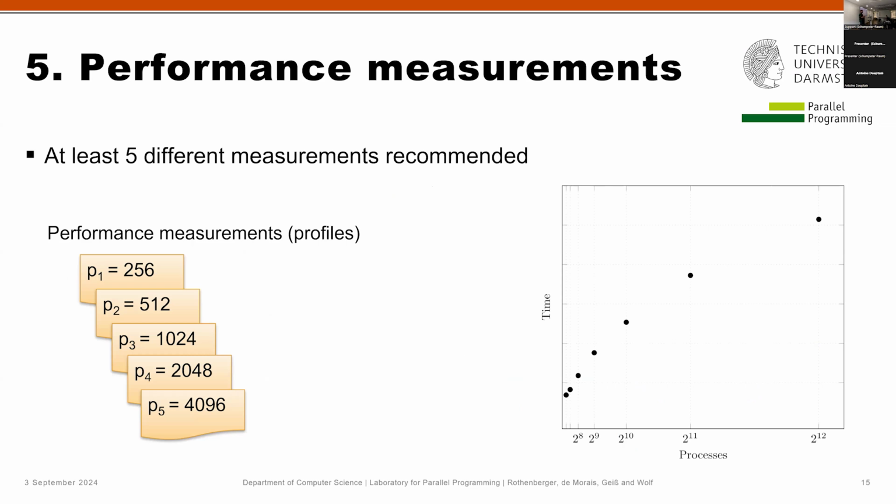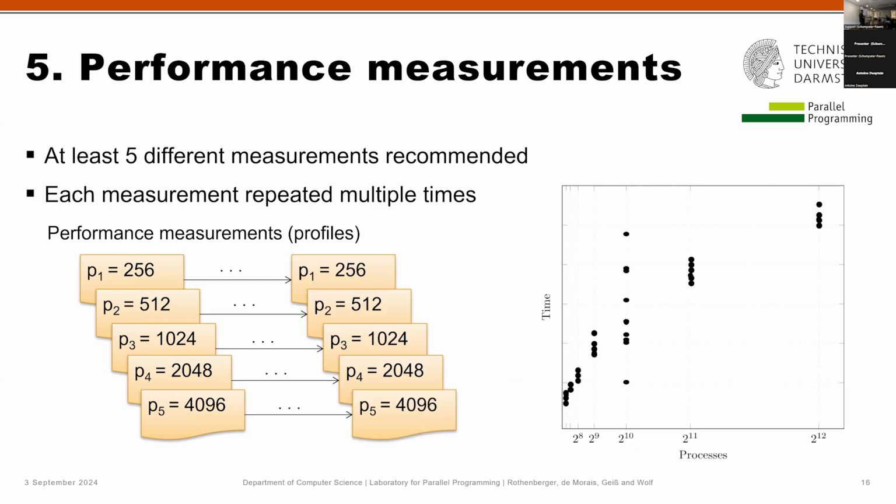Also, something very important for our applications is to repeat the measurements, because usually we ask to repeat each configuration 5 times, because the measurements have noise, as you can see here represented by the red circle. To decrease the effect of noise, we usually recommend making multiple measurements, and you get a more